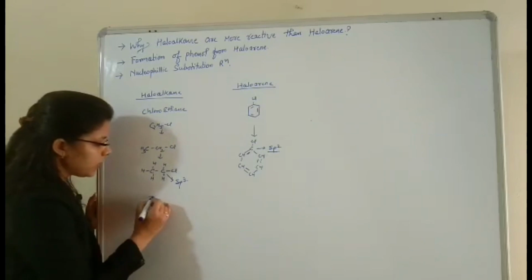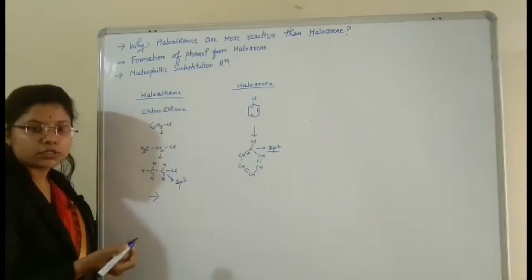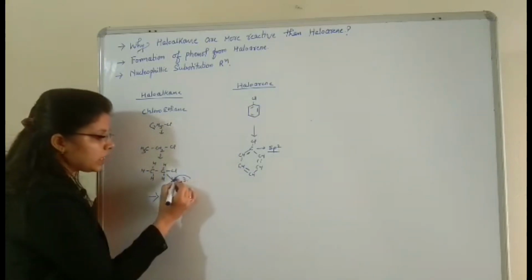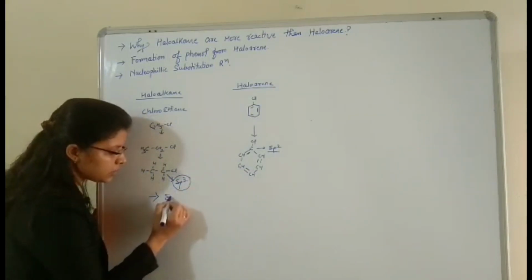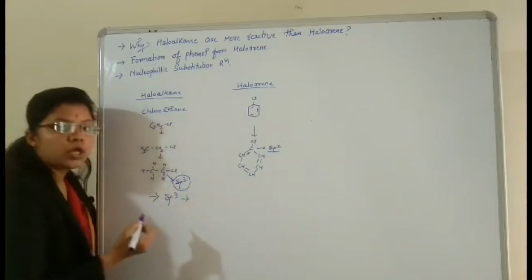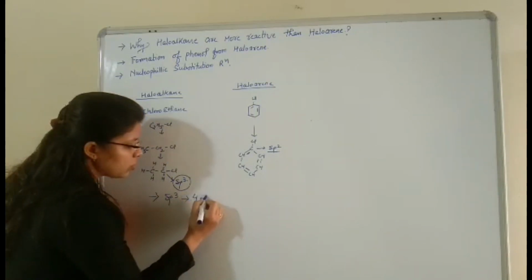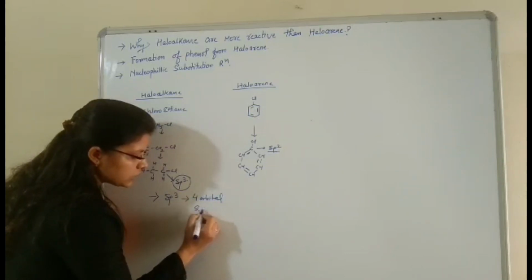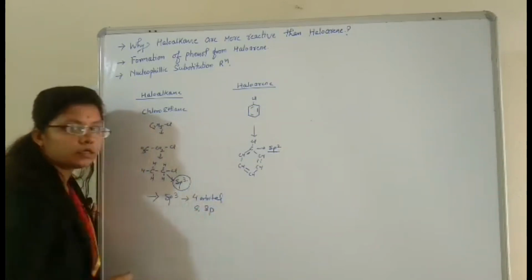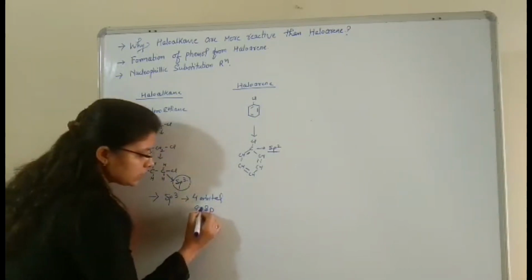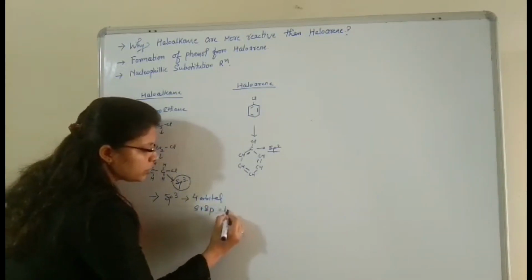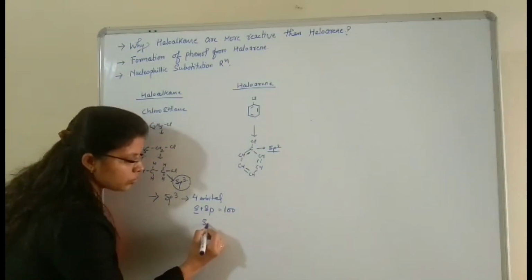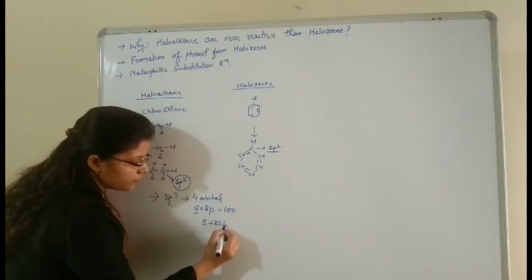Now come to the hybridization concept. What is the hybridization concept telling? Suppose we are taking sp3 hybridization. We can tell that here 4 orbitals are contributing. Which are these 4? One s and 3 p orbitals. So 1 s and 3 p orbitals means total contribution; if we take that as 100%, the s contribution is only 25%.